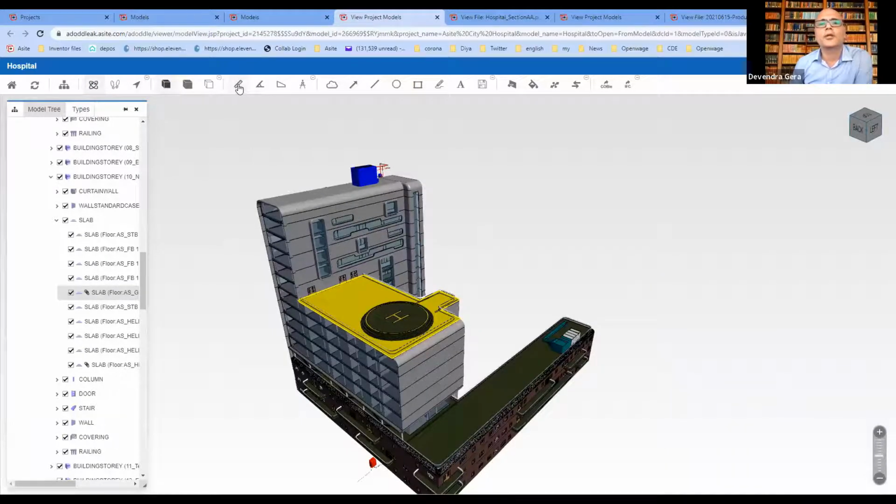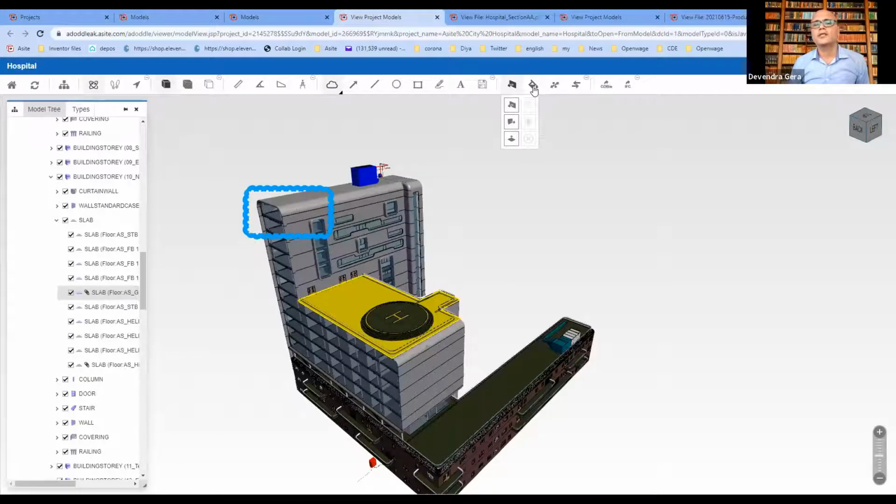So linear measurement, angular measurement, area measurement, and then we have all the different types of markup tools available. So I can define the color of the markup or the thickness of the markup, and I can then create a comment against that markup, which then gets assigned to the supply chain, and it provides the collaborative options around that. You can then also have all the cutting planes, which you might want to look at the model from that perspective.